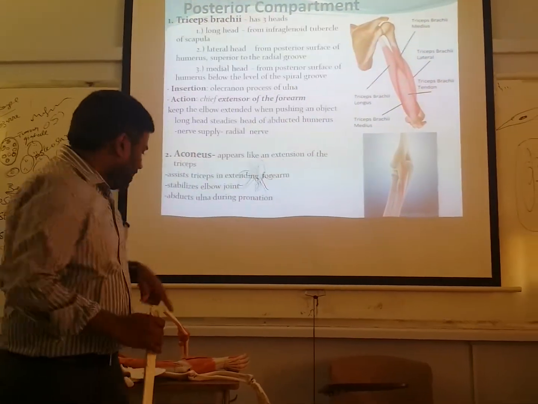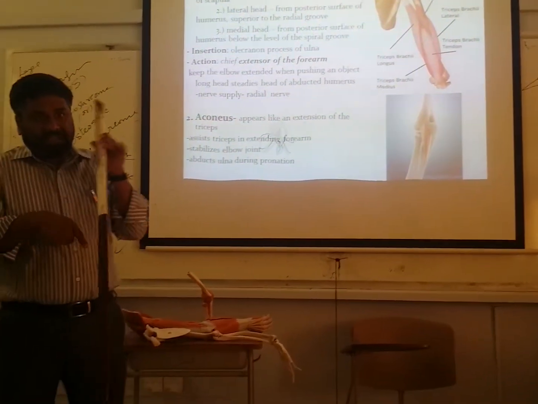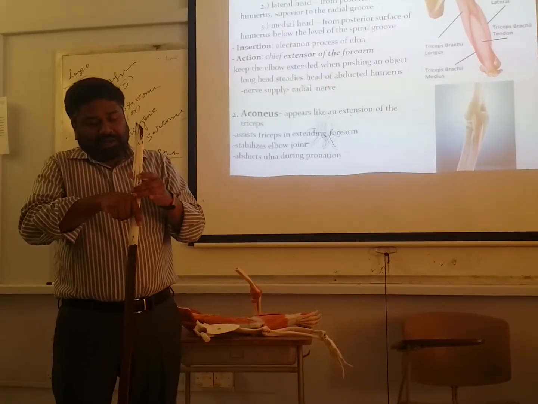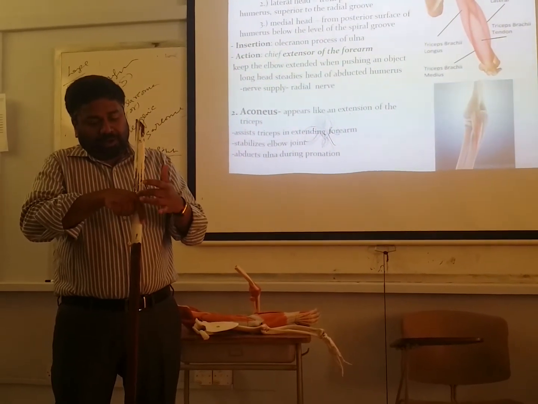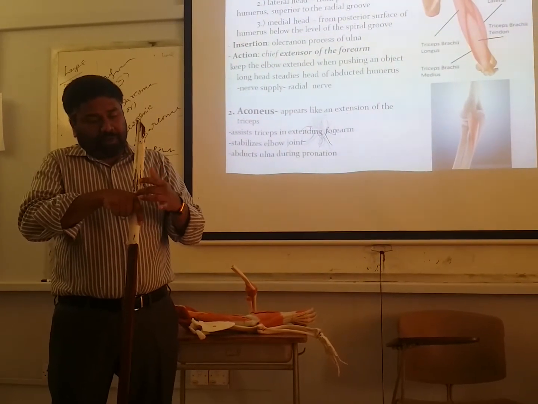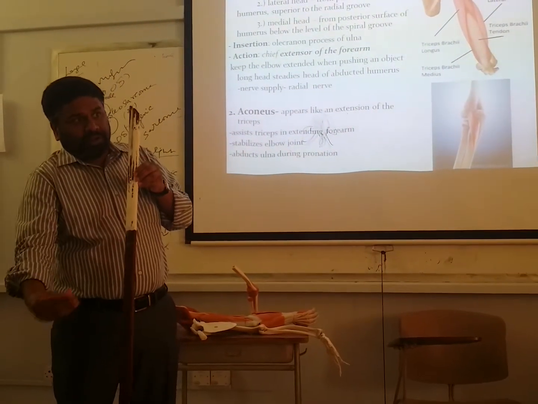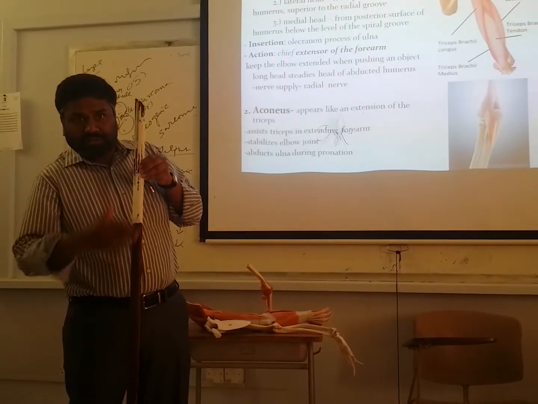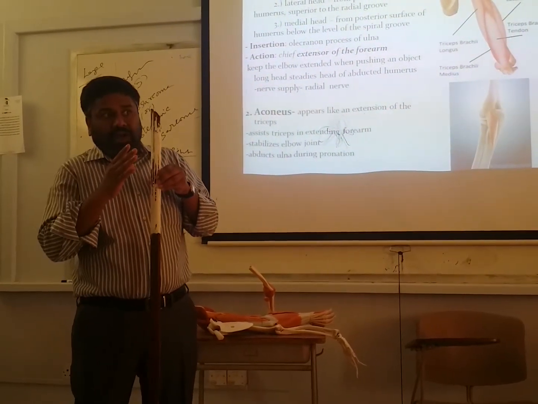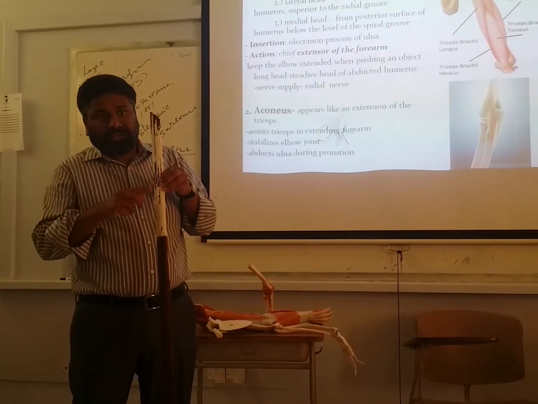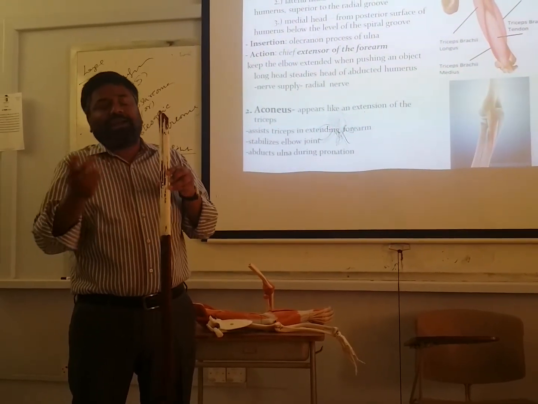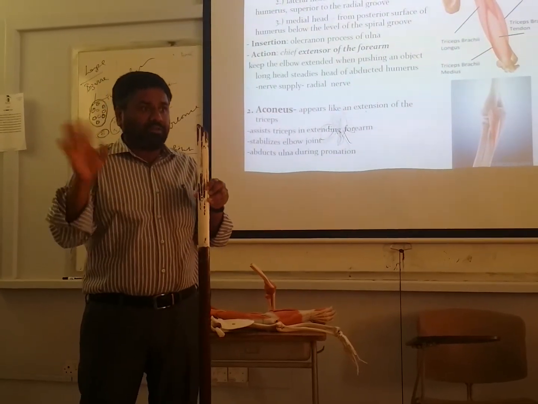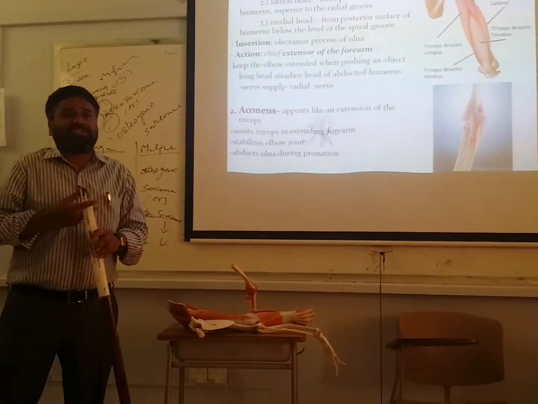So there is a spiral groove in the humerus. If you consider this as humerus, the spiral groove. Okay, this groove is having a lateral lip and a medial lip, or upper lip and lower lip. So upper lip you have the origin of lateral head, lower lip you have the medial head, along with the posterior surface. Okay, got it? Long head, lateral head above the spiral groove, medial head below the spiral groove. Clear? Very easy to remember. So these are 3 heads of triceps.